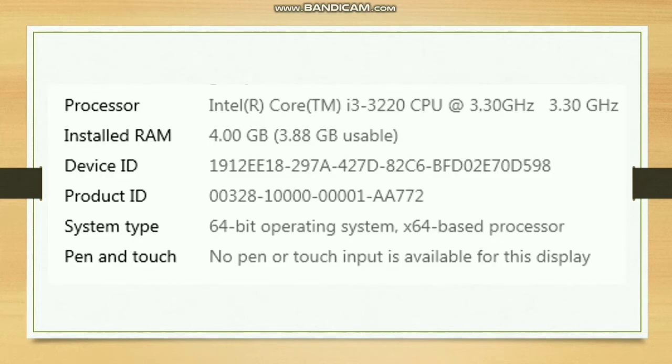All this shows the area from where you can see the device ID number, product ID, operating system, etc. You can see whether a 64-bit operating system is installed and how much RAM is installed on your processor. Just go to the settings and go through the device properties, and you can see whether it is a 64-bit operating system and a 64-bit processor. The 64-bit operating system and 64-bit processor synchronize or help to complete the work